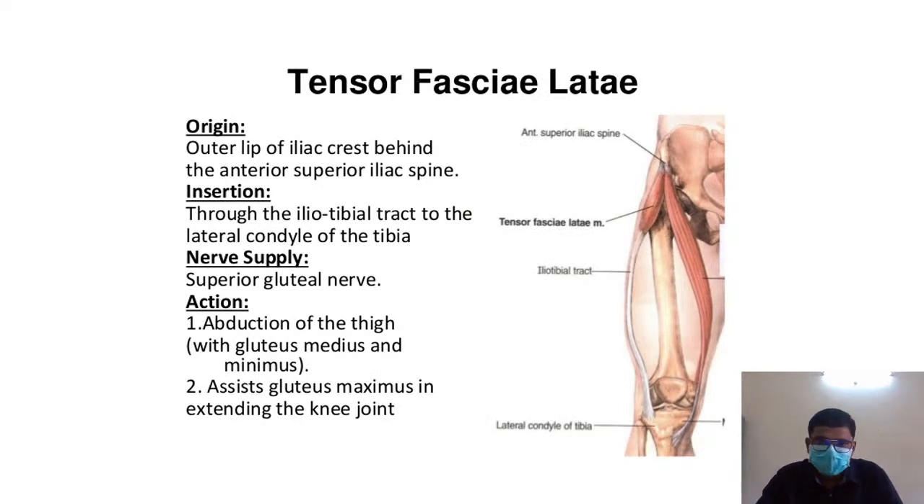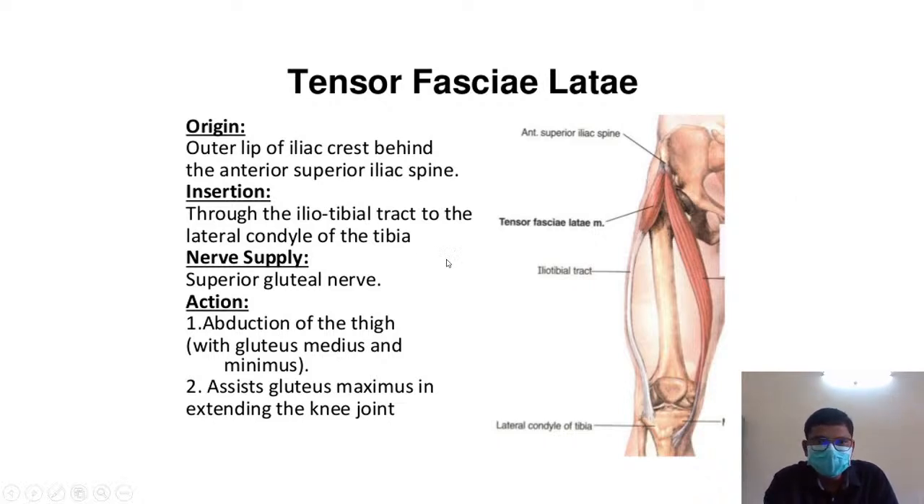Now another muscle, which is especially seen in the lateral aspect of the thigh, is the tensor fascia lata. It takes its origin from the outer lip of the iliac crest, just behind the anterior superior iliac spine. You can see this one. This is the anterior superior iliac spine. So it is taking its origin from the outer lip of the iliac crest. This is the iliac crest. And here you will be seeing this is nothing but the anterior superior iliac spine. So it takes its origin from the outer lip of the iliac crest behind the anterior superior iliac spine,